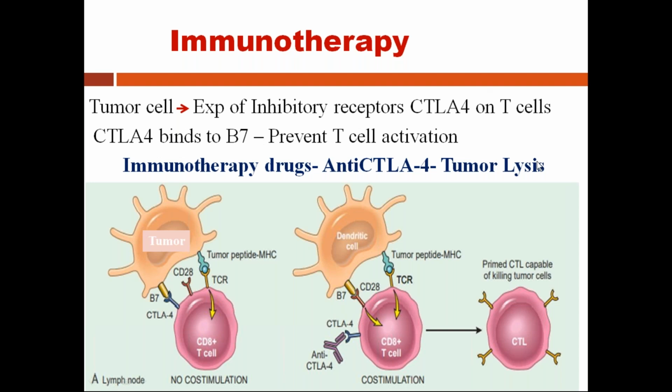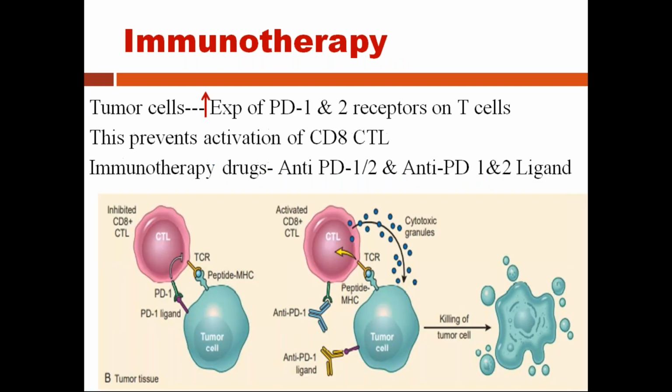So that's how the drug can kill the cytotoxic T lymphocyte. If it is not possible endogenously, we have created an exogenous weapon to destroy the tumor cells. Now, similarly, the tumor cells not only express that hidden receptor, the cytotoxic T cell 4A receptor, but also cause increased expression of one more receptor